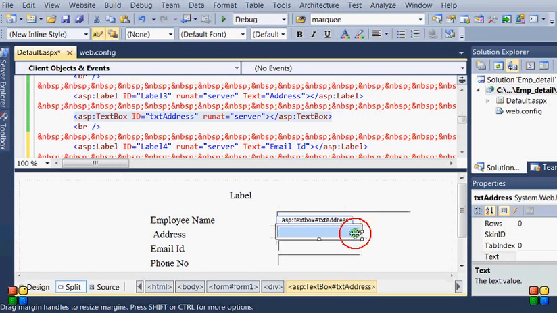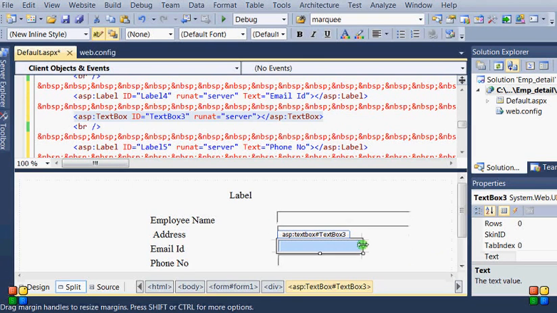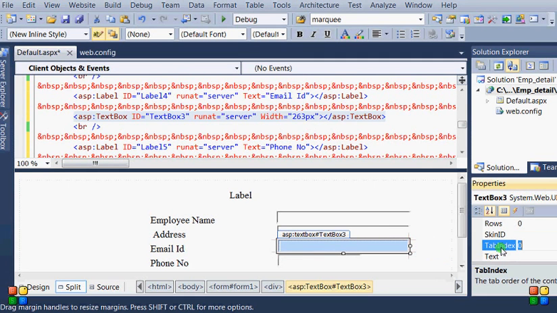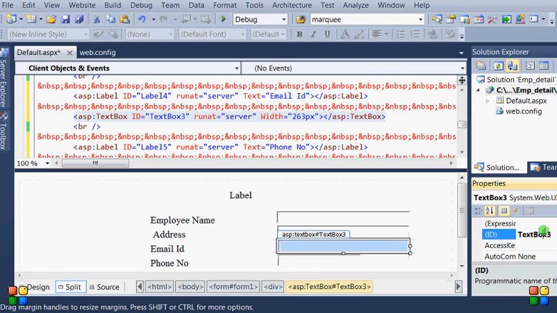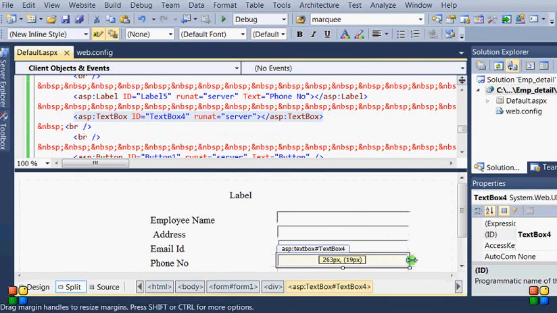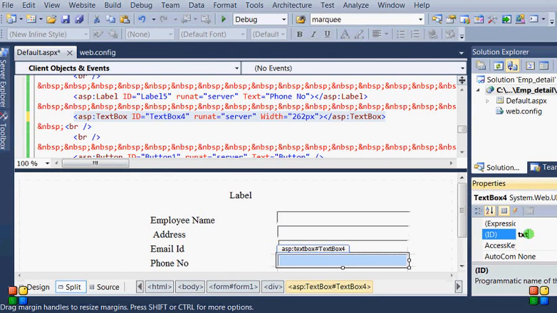Text name, just increase its size. We have not assigned the name of this text box, so here it should be txt email, and the rest one is also not assigned, so just give it a good size and then txt phone.